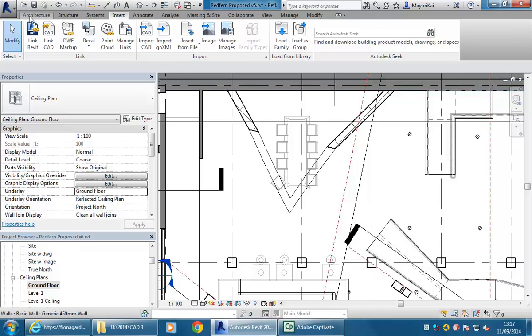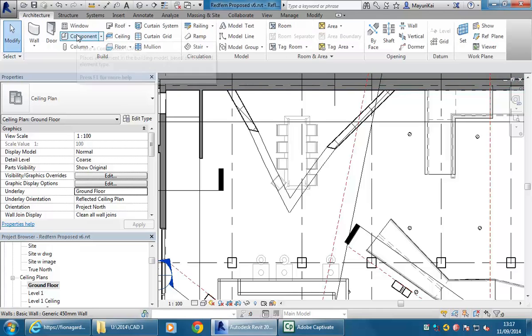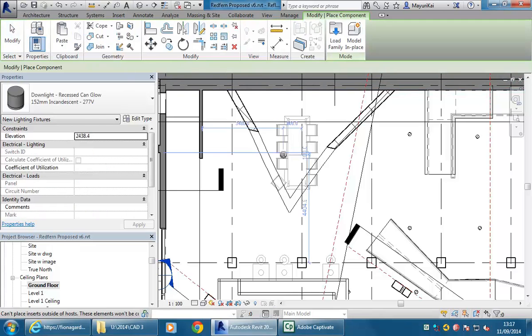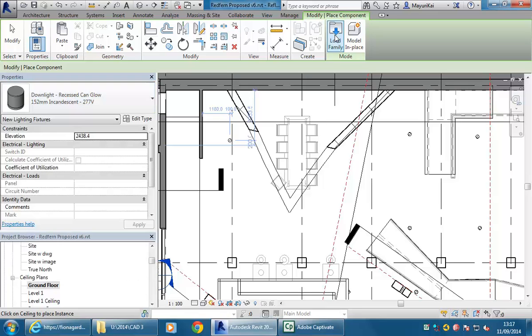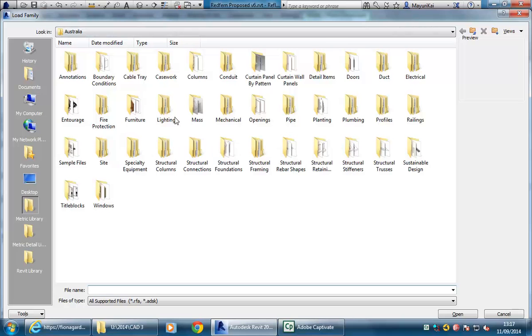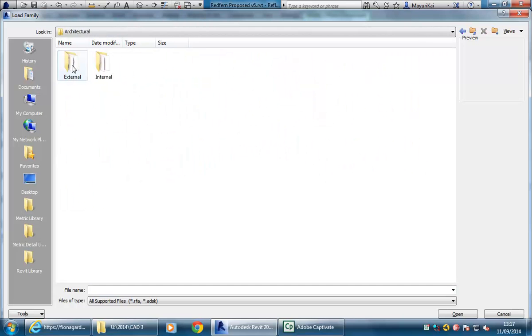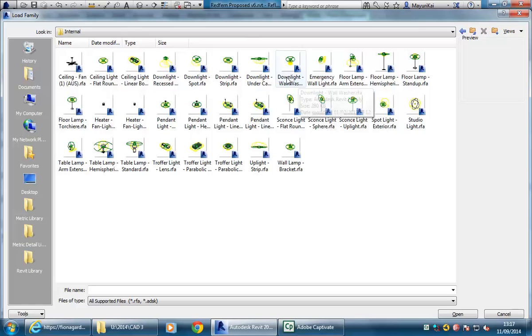Okay, so then on architecture, I'm going to simply go to component, and I'll just show you the light that I've loaded. Downlight recessed can glow is one that I've made from the default in the library. When you go to the main lighting folder, you'll see there's a recessed can. The issue with that light is that it doesn't have a fitting that glows, so I've simply modified the glass material to make it glow a bit more,